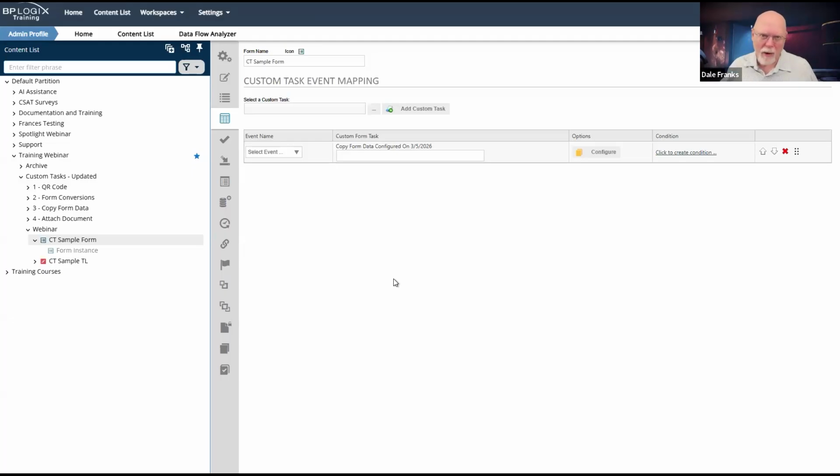I have talked across many webinars about set form data and how you shouldn't usually use it, certainly not on a form. You should use the set form data tab. But I do use it in a process timeline. I create a custom task activity that calls the set form data custom task and explicitly sets the request number for a form. That's all the discussion we'll need for that. I've talked about that all the time. But copy form data is tricky.